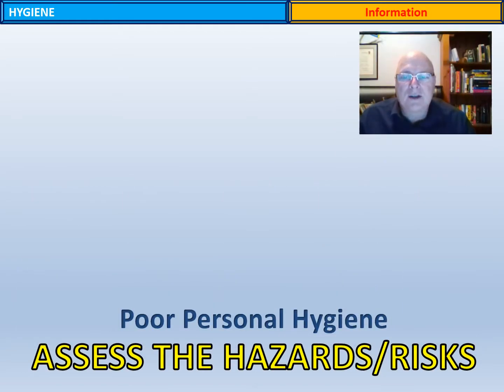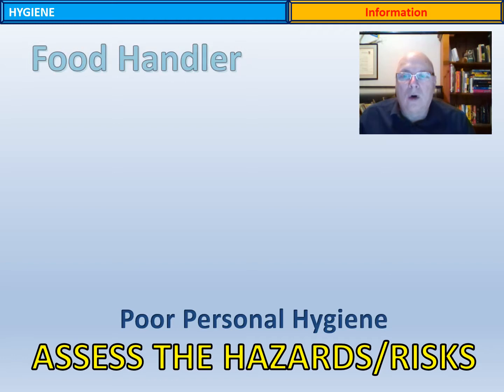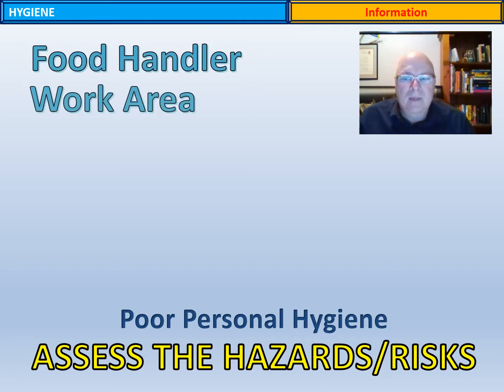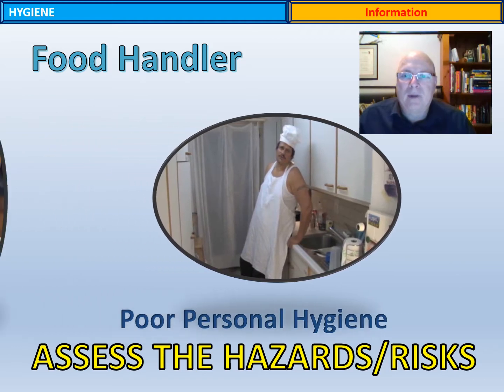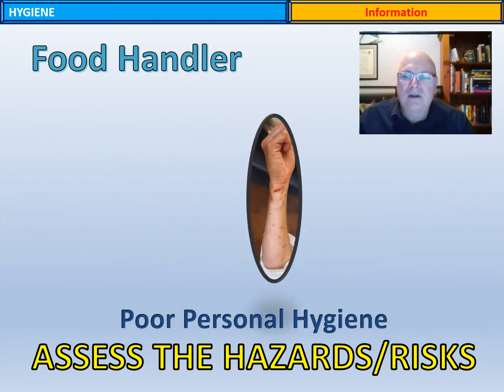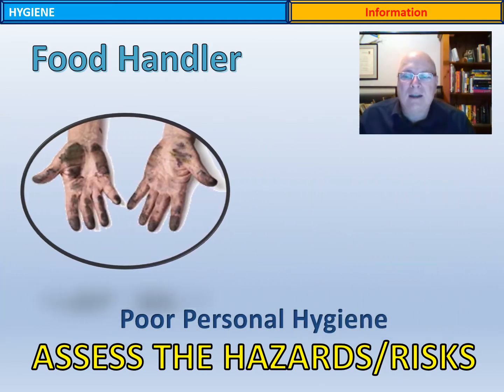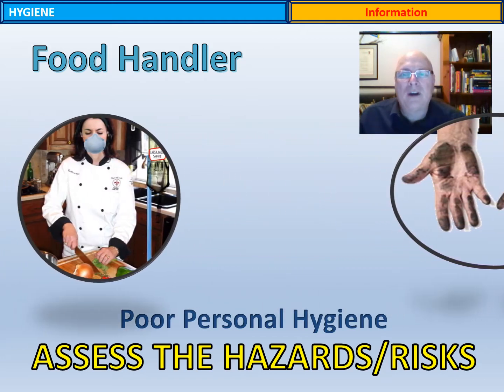Most hygiene hazards are from the food becoming contaminated either by unhygienic food handlers or unhygienic work areas and equipment. Some hygiene hazards can lead to food poisoning and even death. Personal hygiene hazards include poor personal grooming, open cuts or wounds, not washing your hands, or working while you're sick.